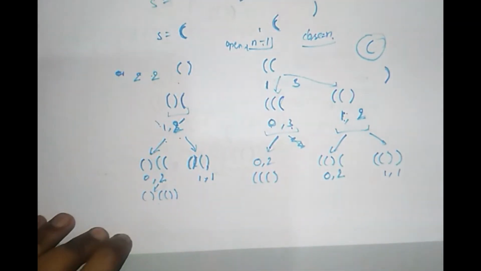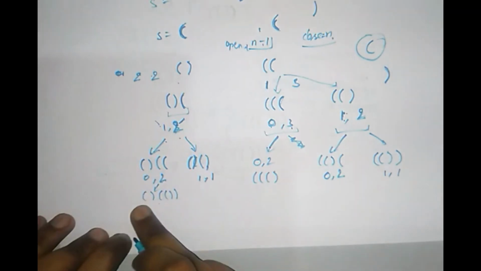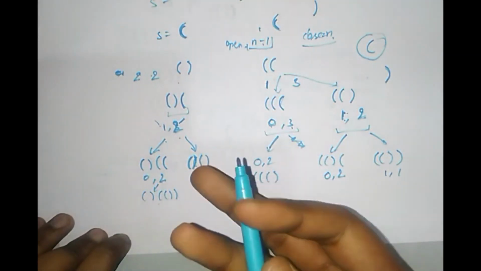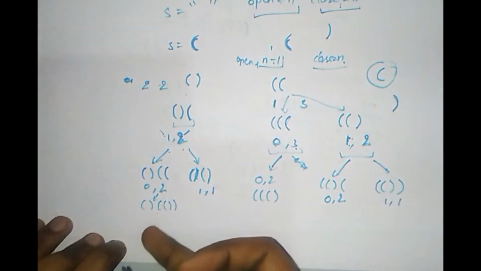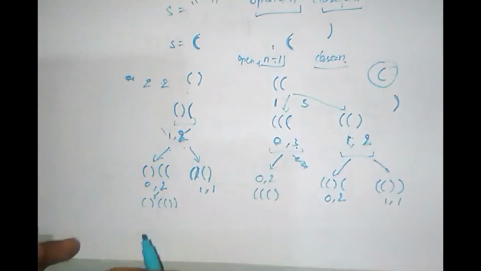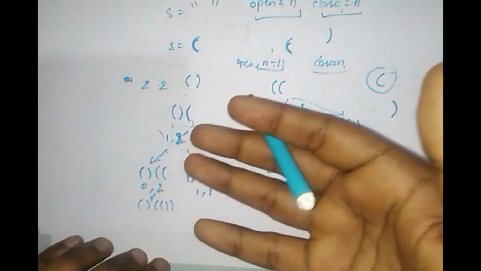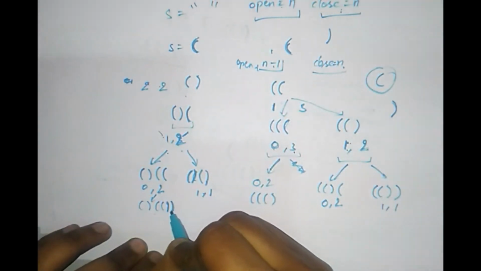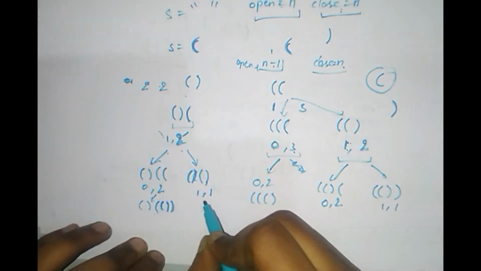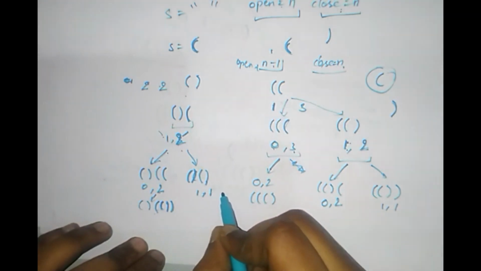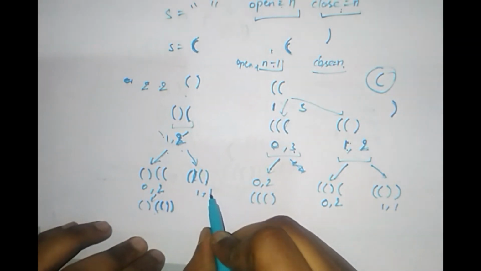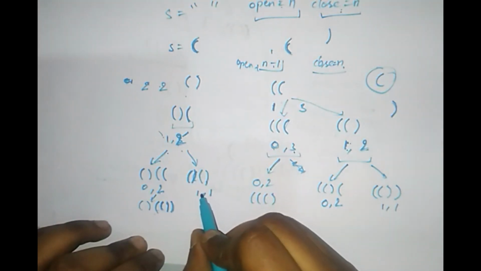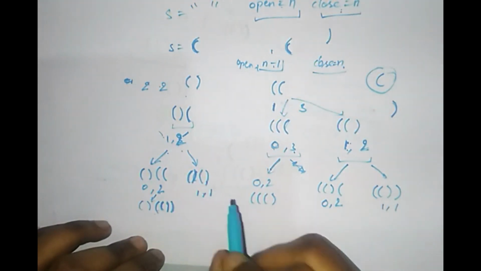Two closing brackets, because on further recursion I cannot add a closing bracket, so it is not necessary to append to make the long tree. Okay, so that's why I'm outputting the final result here, and here one opening bracket and one closing bracket. Okay, since we cannot append a closing bracket here, because 1 is not greater than 1.